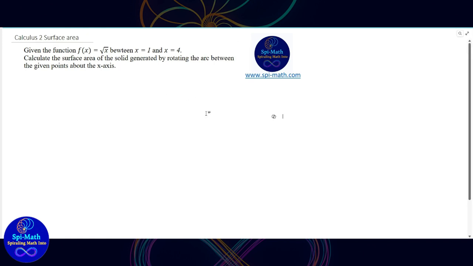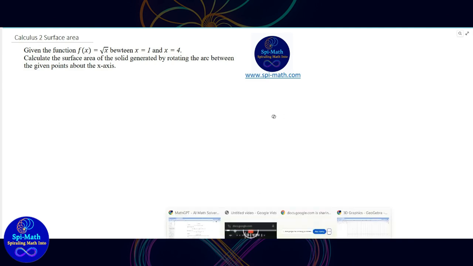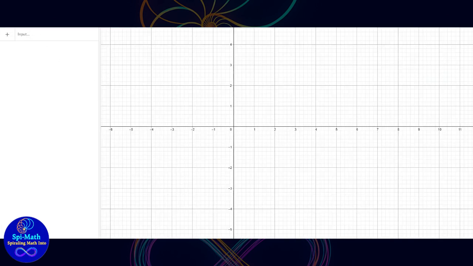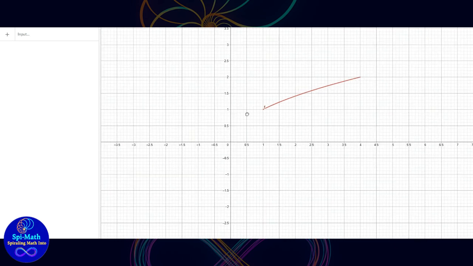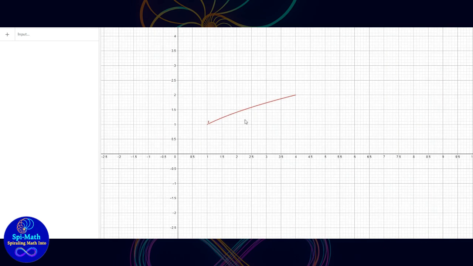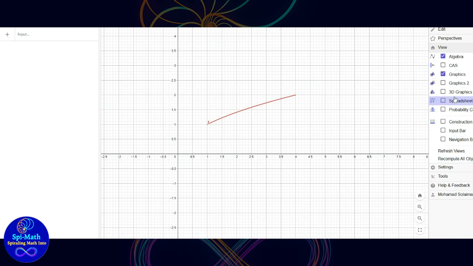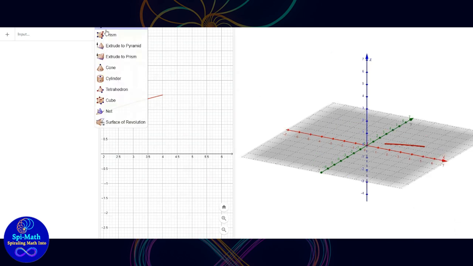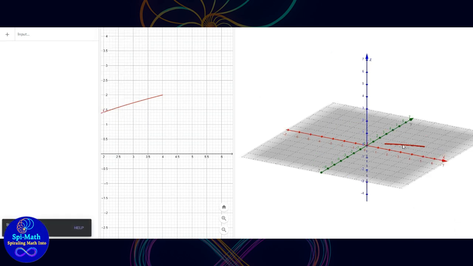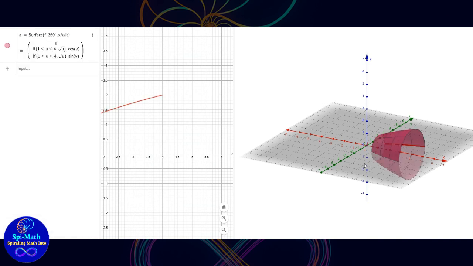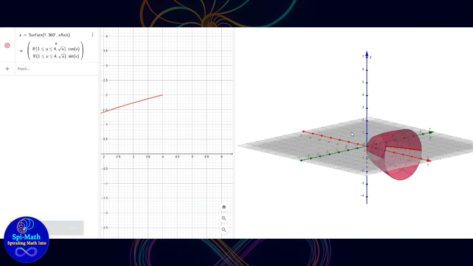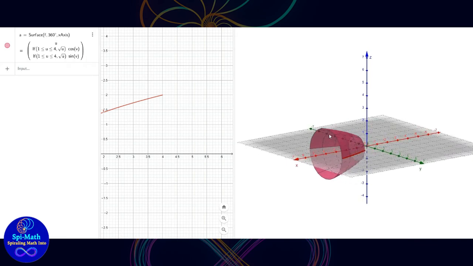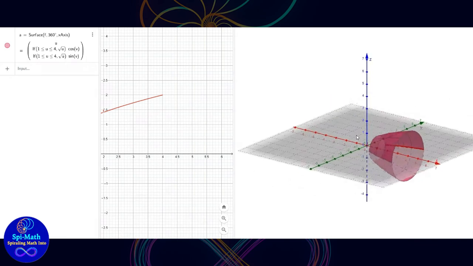What we are going to do first is to show this figure in the GeoGebra application. This is the curve that we are talking about, which is the arc that will rotate about the x-axis. And if we rotate it about the x-axis, we will get the part here, which will be a truncated cone, as you see here. So what we are going to do is to calculate the surface area of that shape